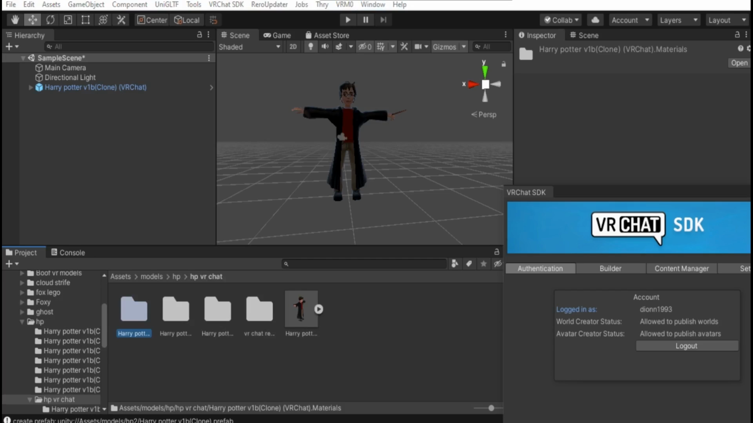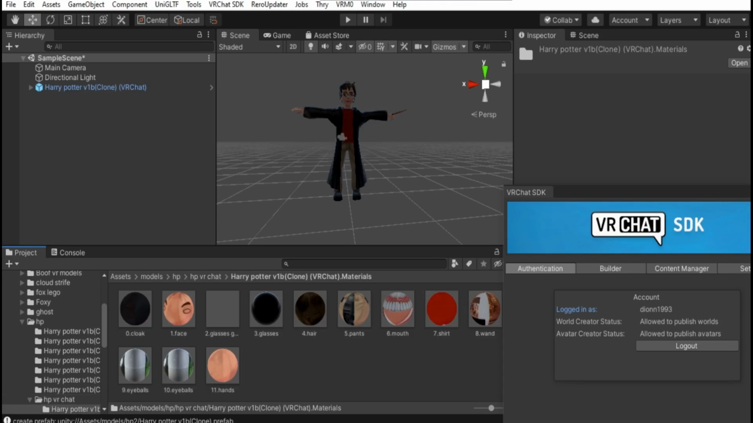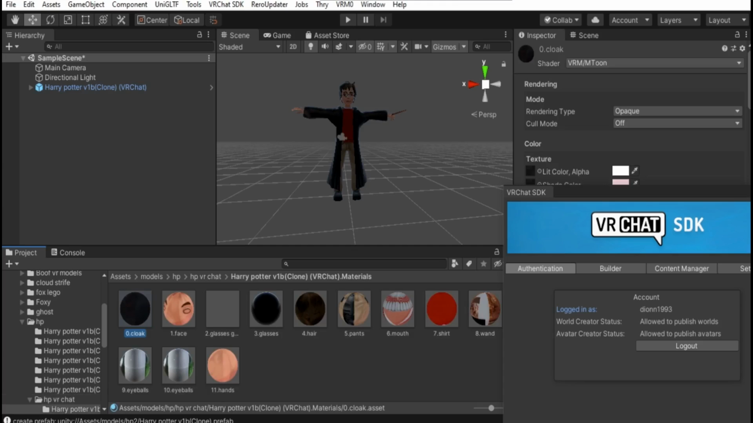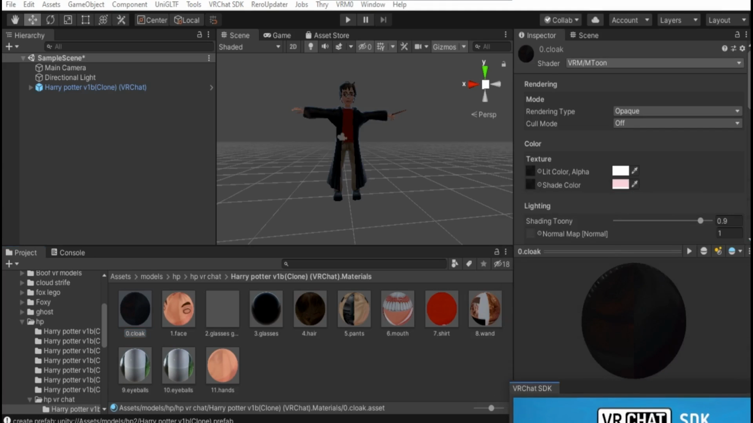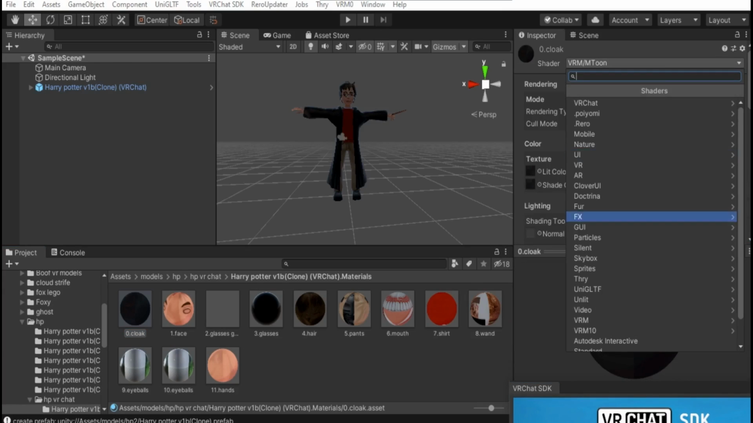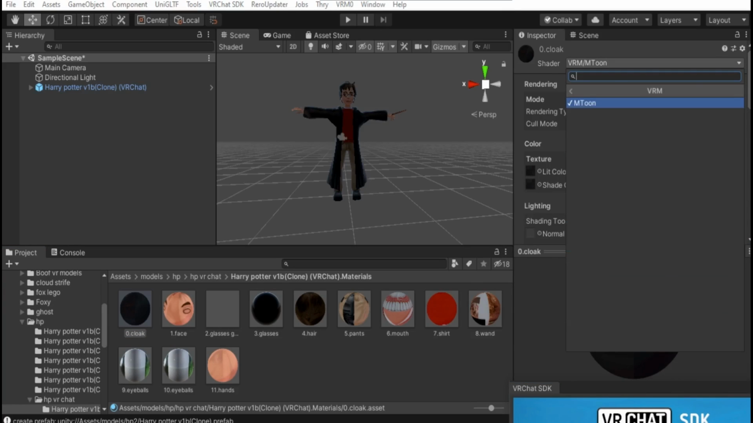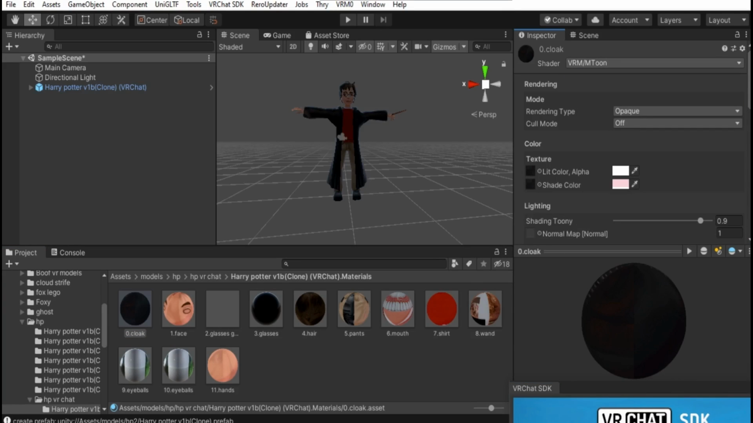Once you're in your VRChat ready folder, find your texture folder. Click on a texture. Move this thing down here for a minute. Go to the Shader tab, go to VRM, VRM Tune, and keep doing this for all the textures. Once you're done with